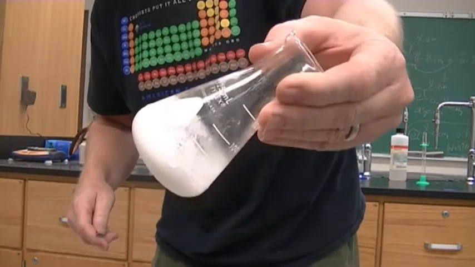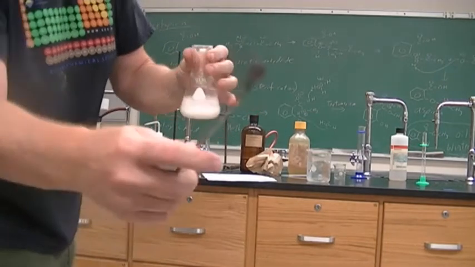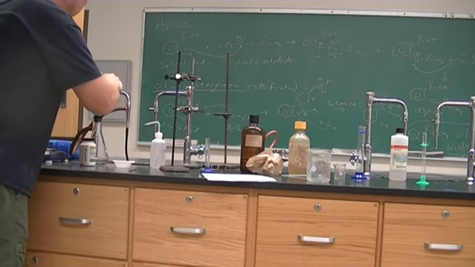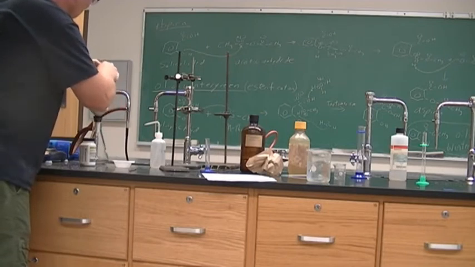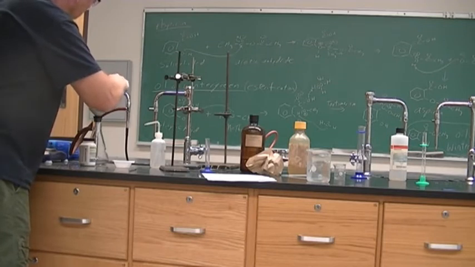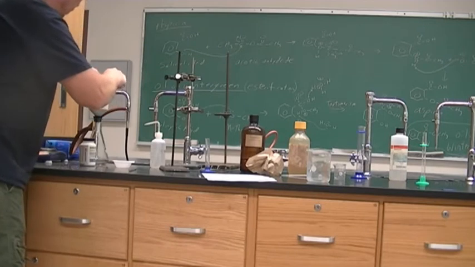It is completely solid, so we're going to have to scrape it out with our spatula and put it onto our filter paper. Then rinse it out with some of our ice cold water,